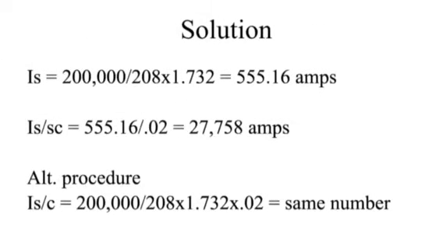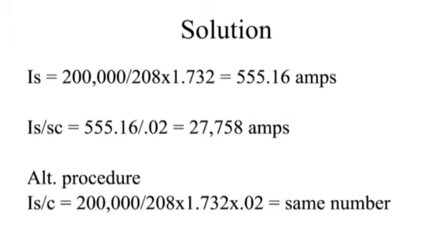Okay, guys, what you're going to see in our videos is the problem as you saw it earlier, described to you. And then what you're going to see is the solution. This is a slide of the solution. You can see that the solution involves first finding the amount of secondary current produced by the transformer. That current is, take 200 kVA, remember the k is 1000, divided by 208 3-phase. The 1.732 you see there is the square root of 3, but you must multiply by the voltage in three-phase conditions. When you divide that, you're going to get